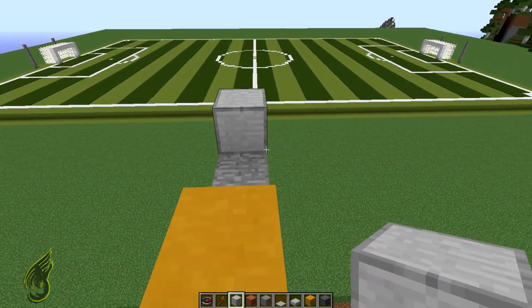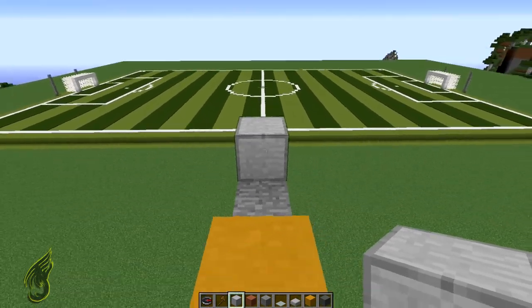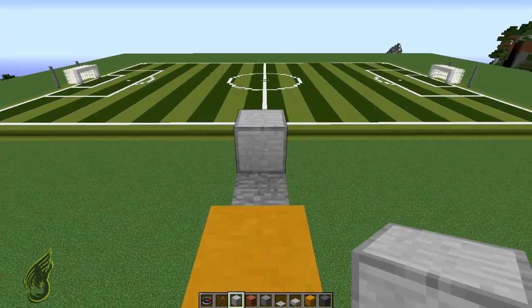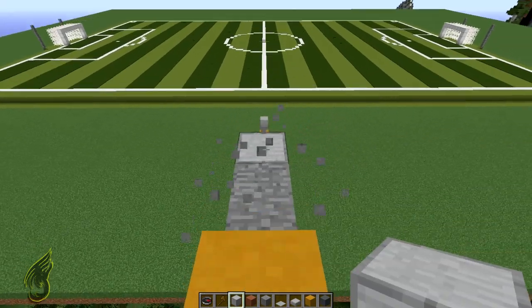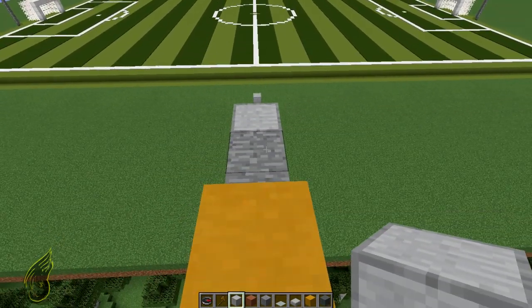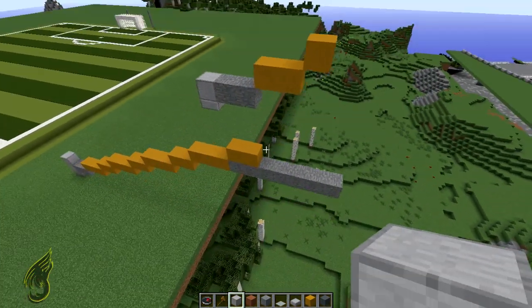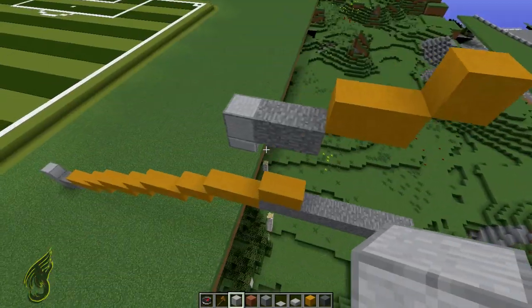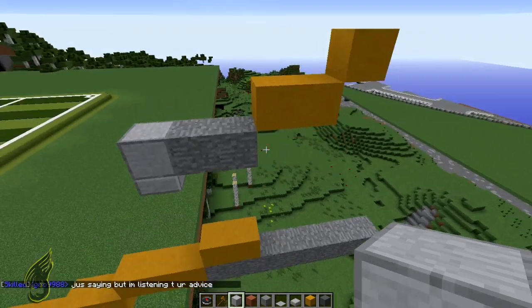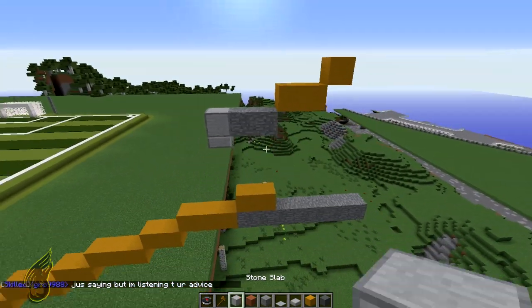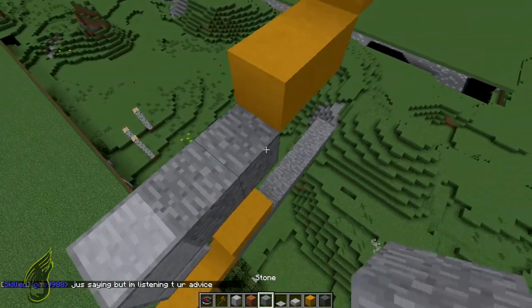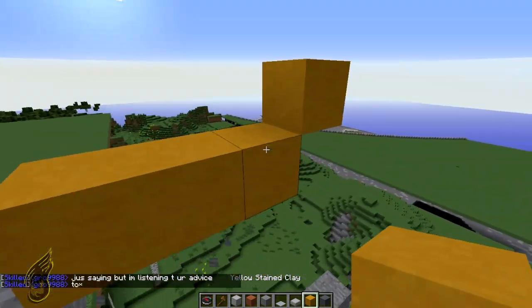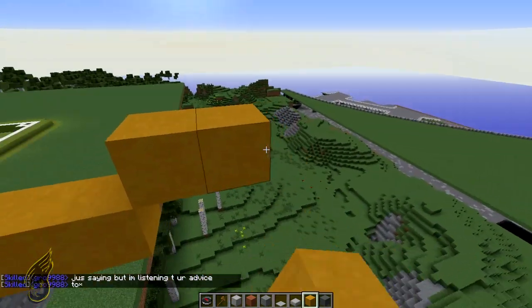And obviously the seating here is interfered with. So what you can do to fix that is either put some glass there. Since this is a custom stadium, I probably would have done that. Another thing you could do is just move this back a bit. Move it back, lower it maybe one. Or you could move the seating up like this, and